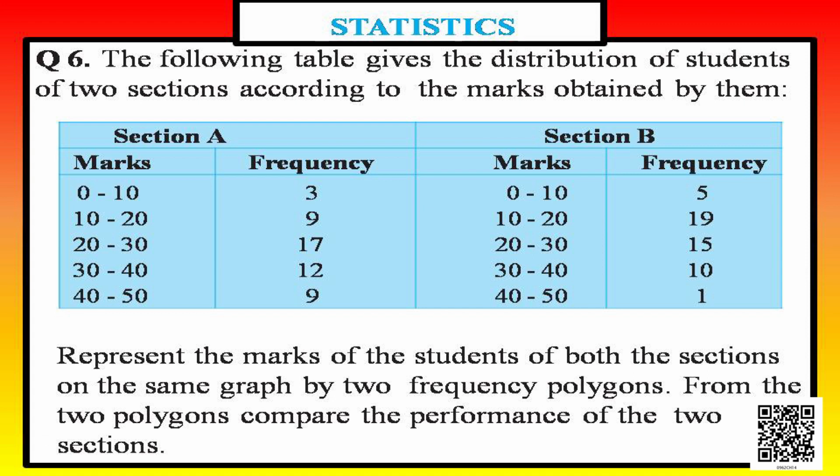Now, under the column section B, similarly we have two columns, one is marks, they are also 0 to 10, 10 to 20, 20 to 30, 30 to 40 and 40 to 50, and the frequency is 5, 19, 15, 10 and 1. The question says represent the marks of the students of both the sections on the same